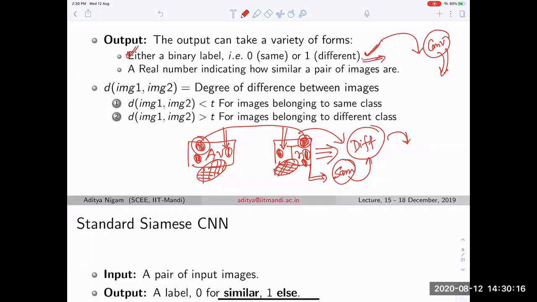Because if I show you two images and just say you have to tell me whether they are same or different, then you will see that there are one or two things where they are different, but still I am going to say they are same. And the reason is that other images are very, very different. So suppose that I am having a line like this and you are having a line like this, probably you may say that they are same.